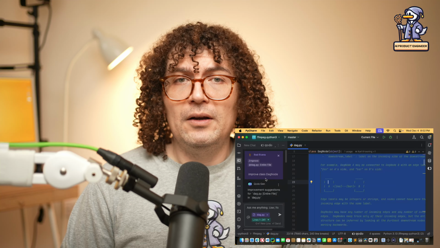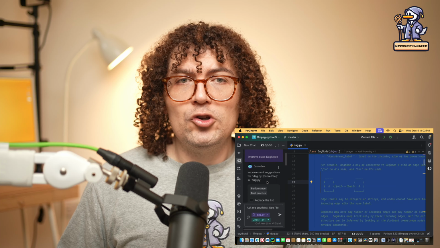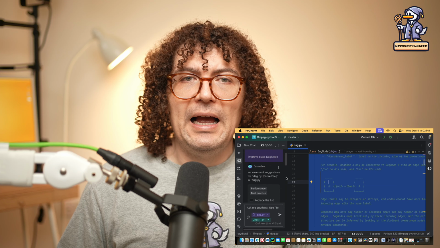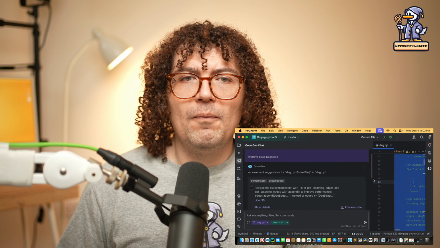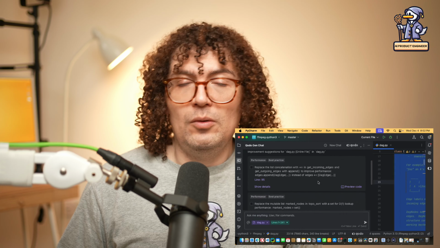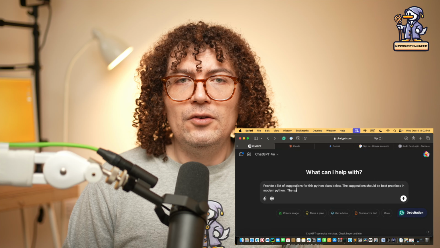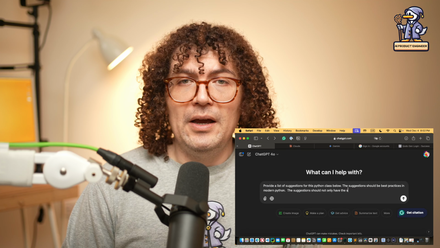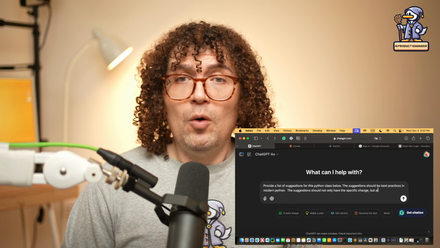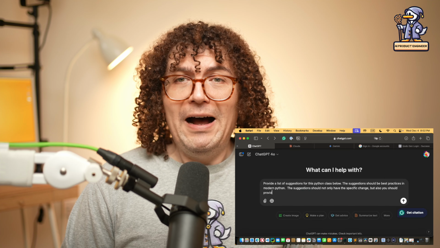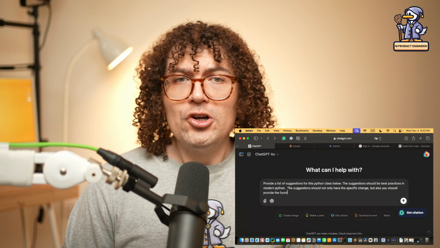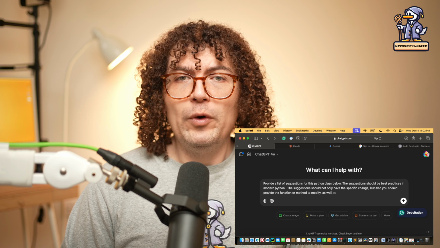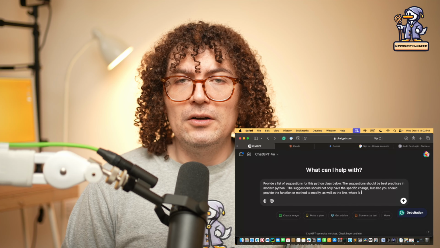We saw that we're getting not only the suggestion, but also for which function or method, and also the line number. So let's have the same. The suggestions should not only have the specific change, but also you should provide the function or method that you modify, as well as the line where it is located, right?